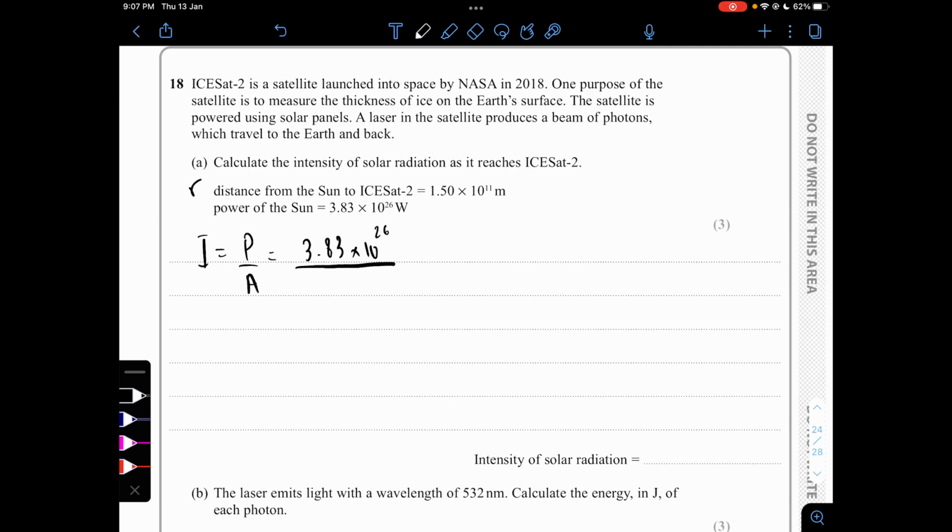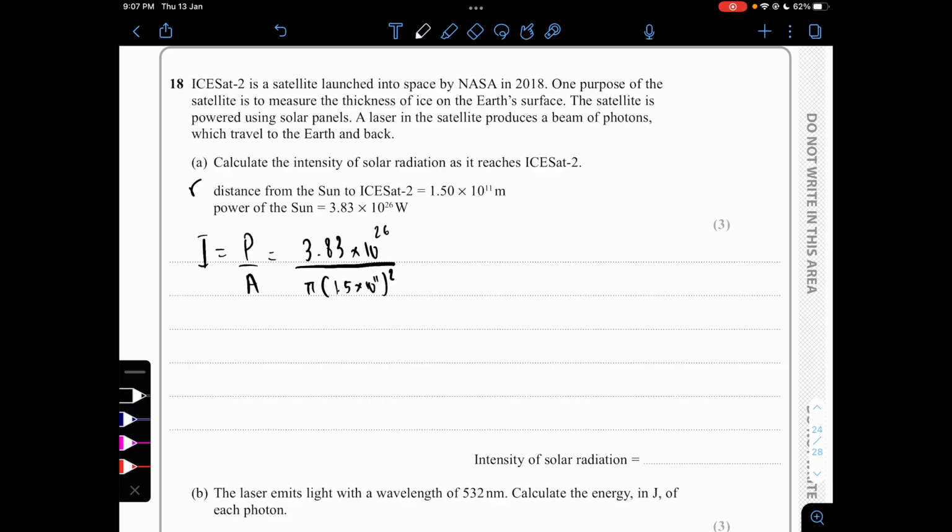What about our distance? What do you do about that? Can you do anything about that? Yeah, we can. It's pi r squared, right? Pi times 1.5 times 10 to the power 11 squared. So this should give us what? So this gives 3.83 times 10 to the power of 26 all over pi times 1.5 times 10 to the